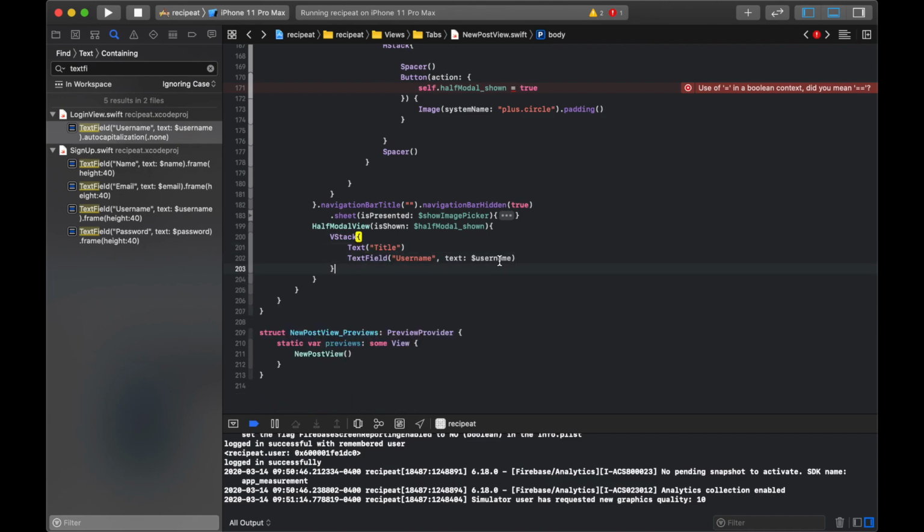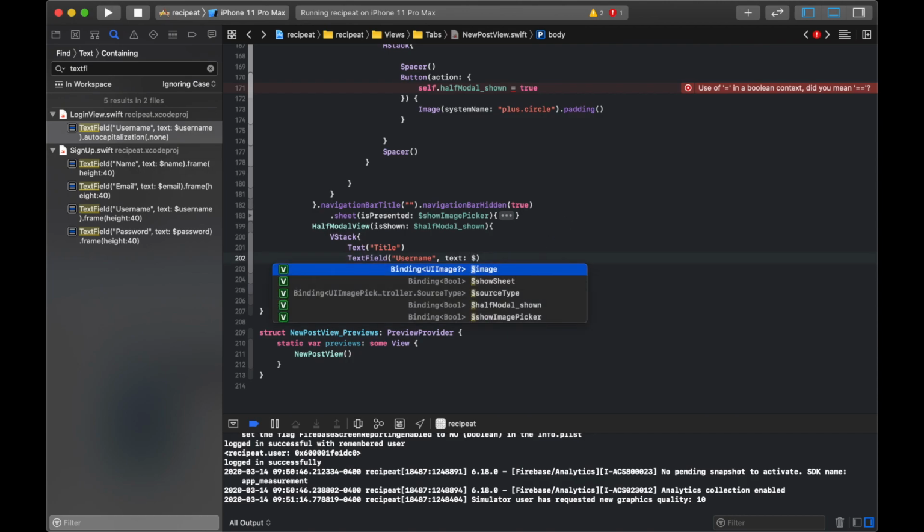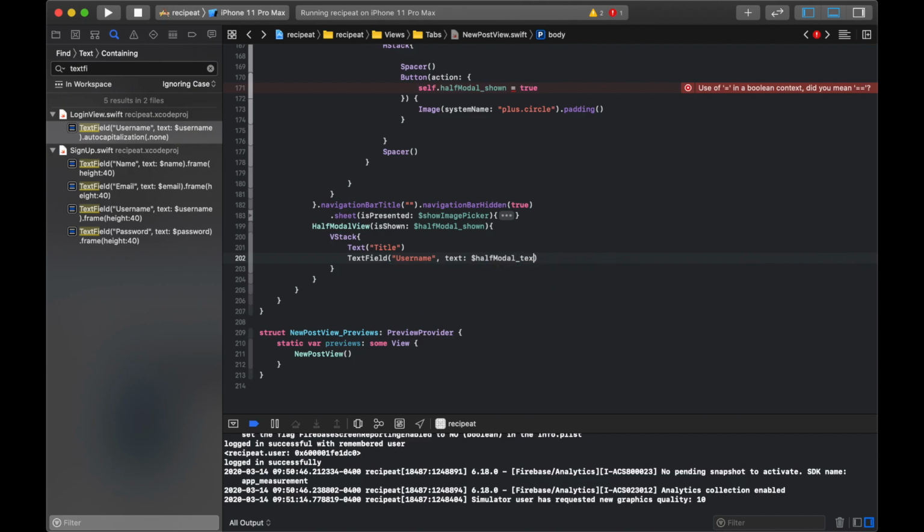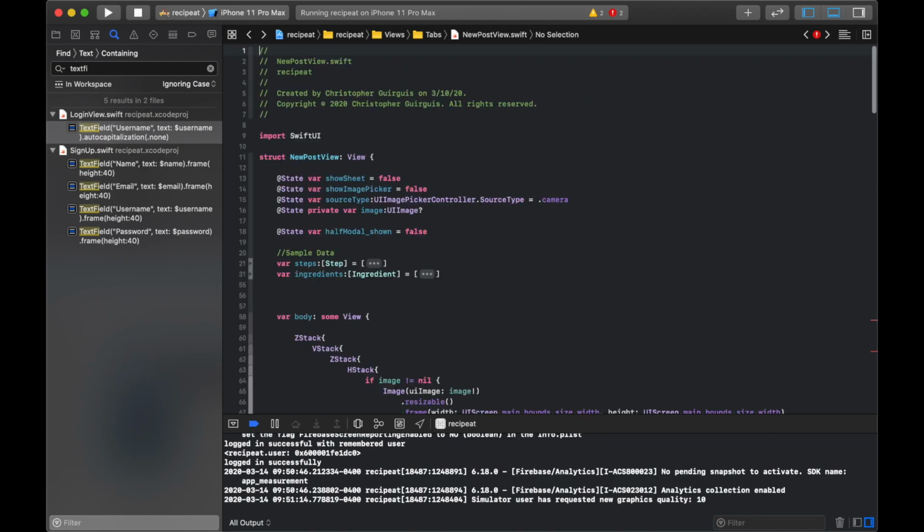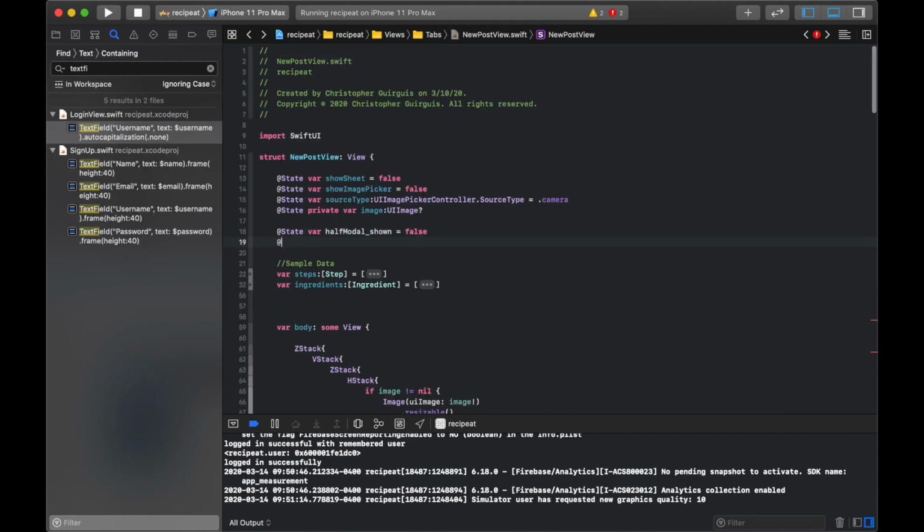Alright, and what we're going to have this say, this is going to be bound to a new variable called, let's just say, half modal text field. Okay. And since that doesn't exist, we'll go up top, we'll create it. So @State var is going to be equal to